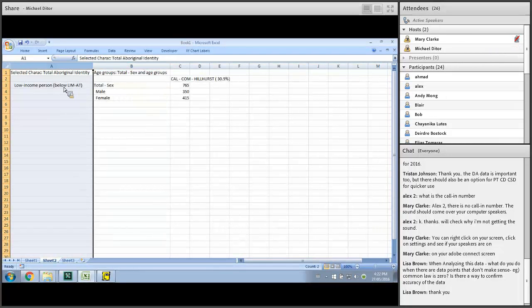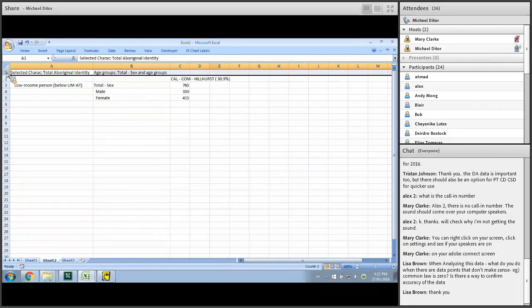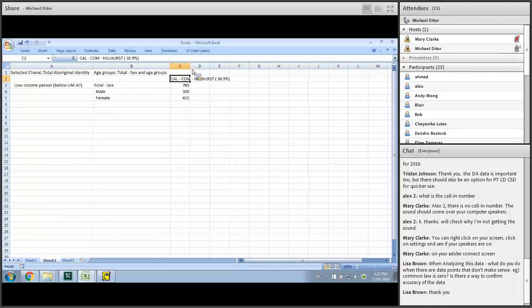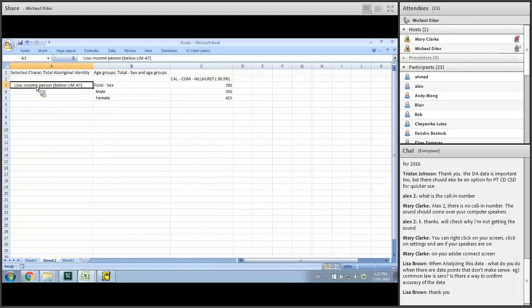And then those are just the pieces that are not being displayed in full here, same as in the Beyond 2020 file. They're the items that have been left at the top. And then the actual data starts in row 2 in this table. In column C, we've got our geography. So that's the community that we were looking at, Hillhurst. And then nested together, I've got the low income person. So that's the person who's living below LIM AT. And I've got it for total,